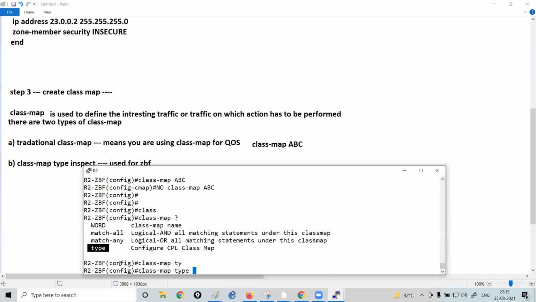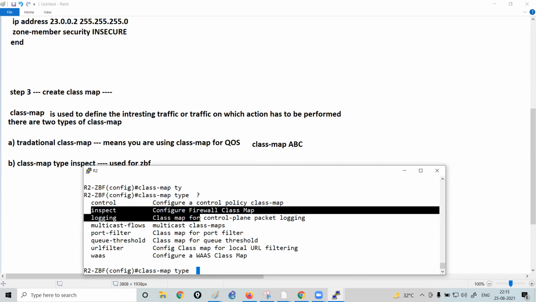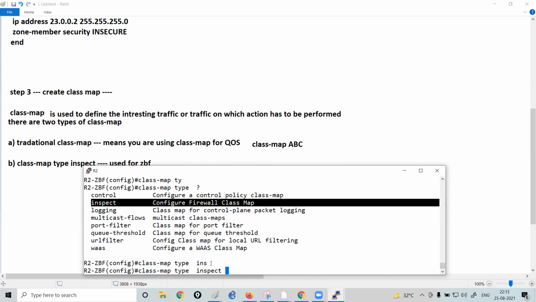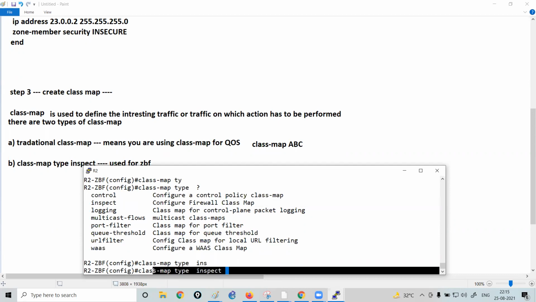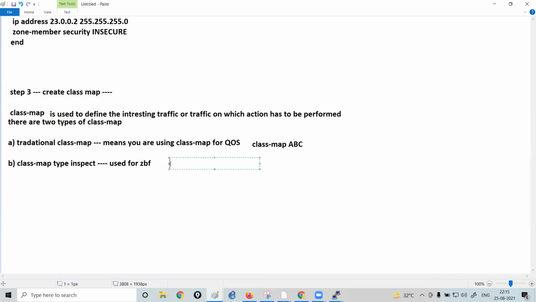If you configure class map type, put question mark, then you have multiple options. You can see there is something called inspect. You can say configure firewall class map. So if you configure this keyword on the router, that means you are creating the class map for the zone-based firewall.